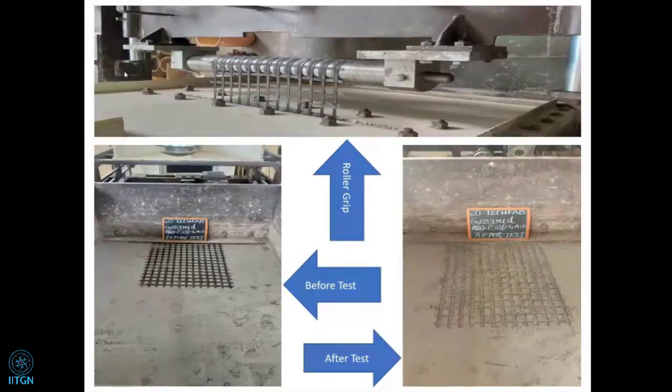These are the different photographs. The top one shows the outer part of the geogrid from the tank. We have to keep it in the roller like this. When the horizontal pull-out force comes through these ends, it extends the geogrid in the horizontal direction. So we have to observe the kind of failure, whether it is from pulling out the geogrid sample or some damage. Normally what we observe is a pull-out kind of failure. It does not damage the ribs.